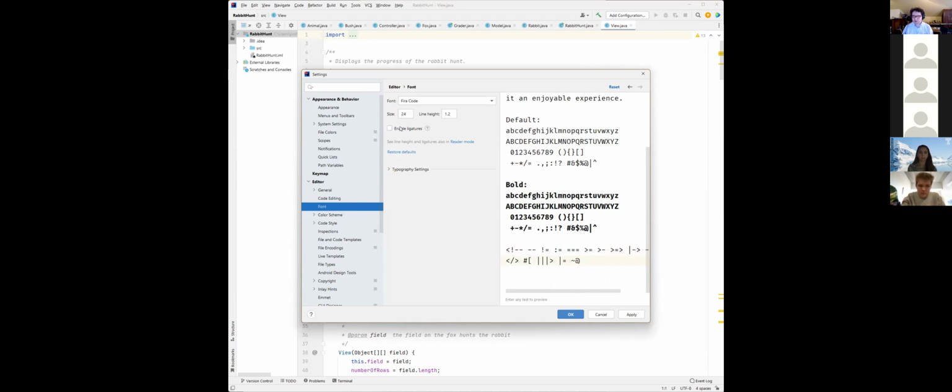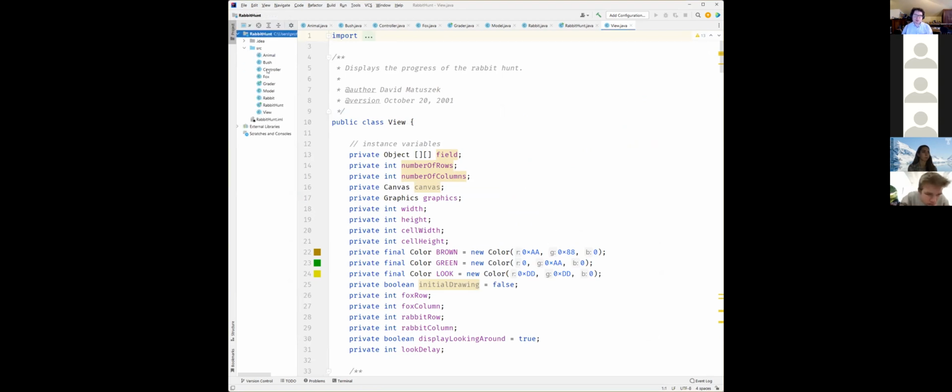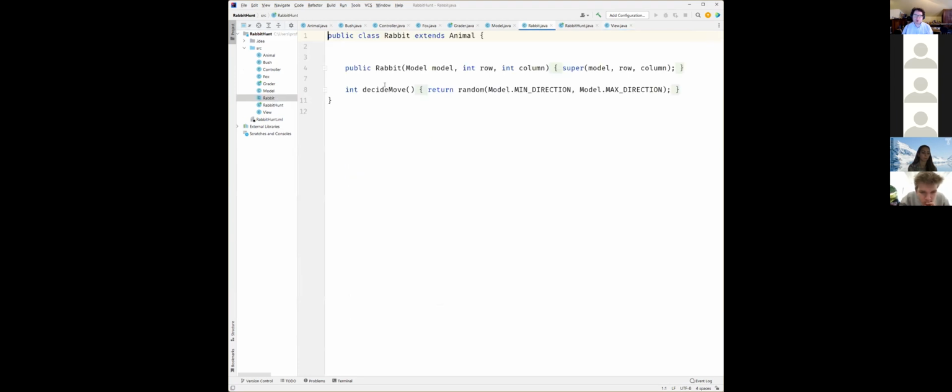I like to enable ligatures. So watch what happens to a lot of these symbols when I enable ligatures. See this not equal? Pay attention to it. Okay. Is everybody able to see the pop-up box or no? Okay. Yeah, so I do that with ligatures, and what ligatures are is that in most fonts, if you have an F and an I next to each other, you might see, if you check it out when you work in Times New Roman next time,